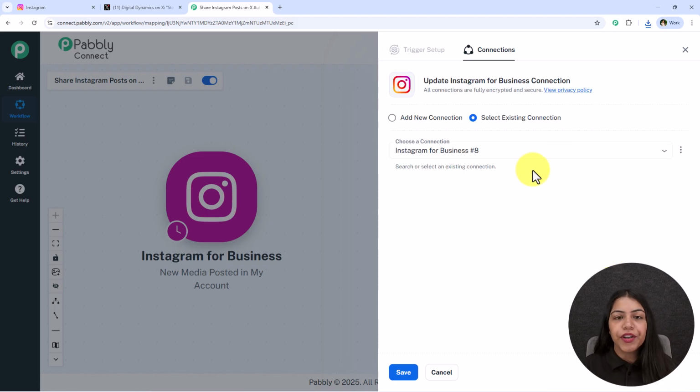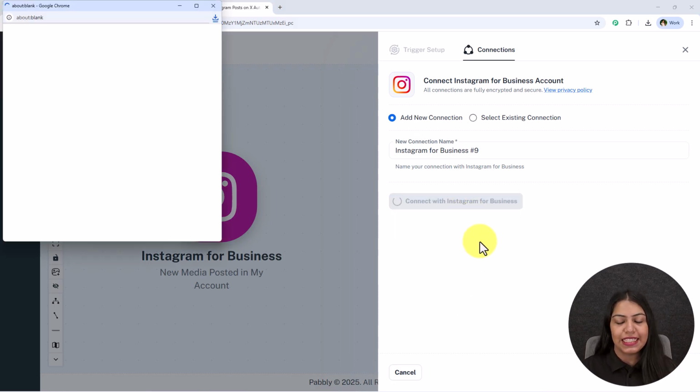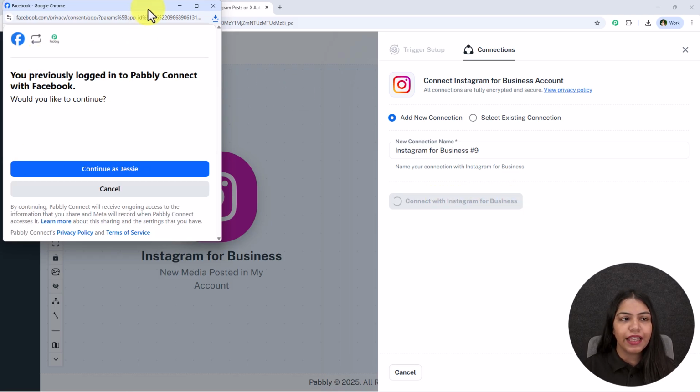So now if you have already created a connection between Instagram and Pabbly Connect, go on the select existing connection and then save. But if you haven't, you have to follow me, click on add a new connection, and now we have to click on this connect with Instagram for business. And once we click on this, a window something like this will appear in front